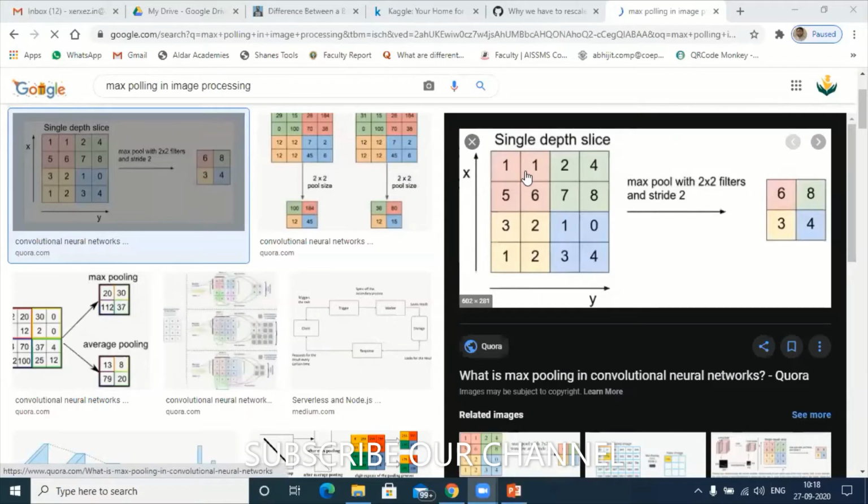Let us say these are the values for the pixel, generally we say weight, say 1156. So in max pooling, generally what I do is reduce the pixel size. Let's say from 28 I went to 24. Again from 24 I went to 12. Again from 12 I went to 8. Understood? 8 means 256 colors.